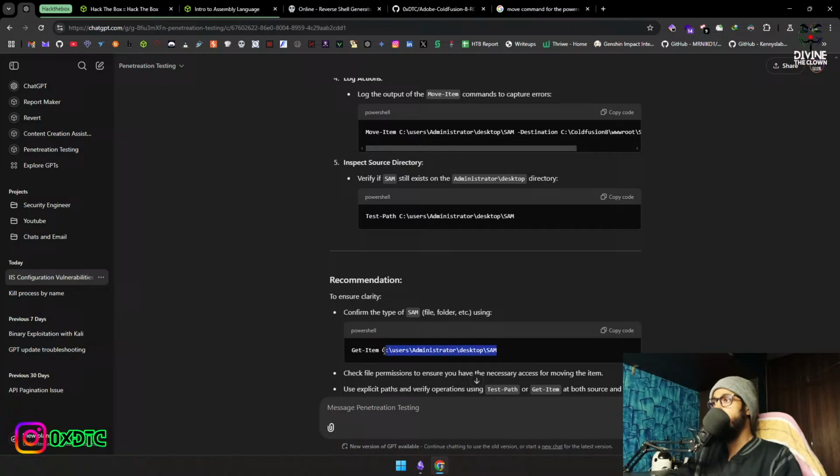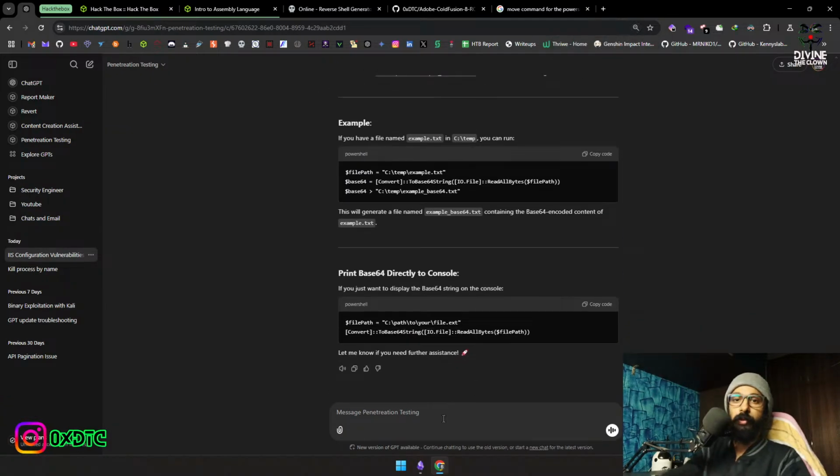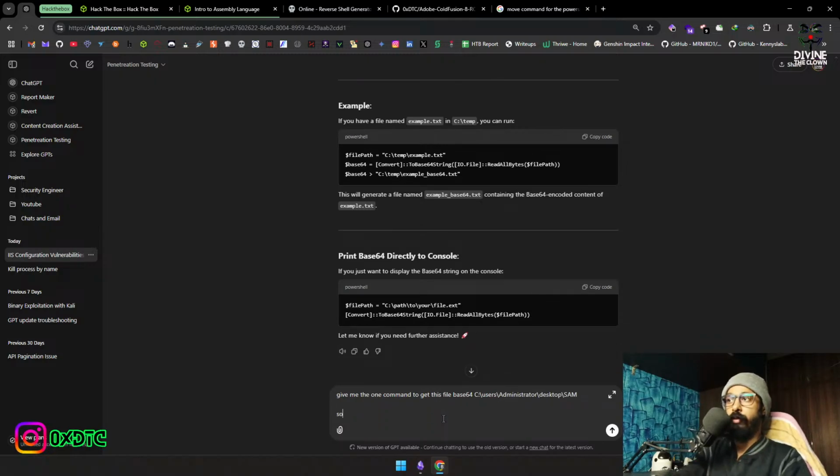Now what I will say is, give me the one command to convert this file into the base 64. Give me the one command to, no, not a convert, to get this file base 64, so I can use that base 64 over my Kali to convert into the file. Not a convert, it's a convert into the file. So let's just click enter,